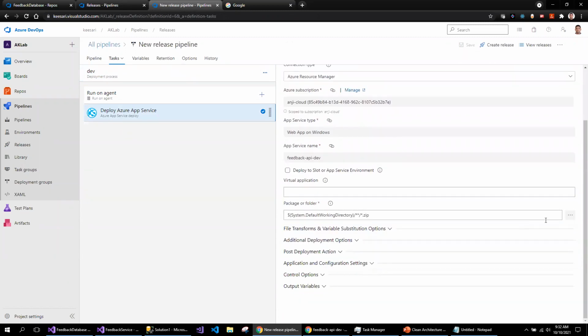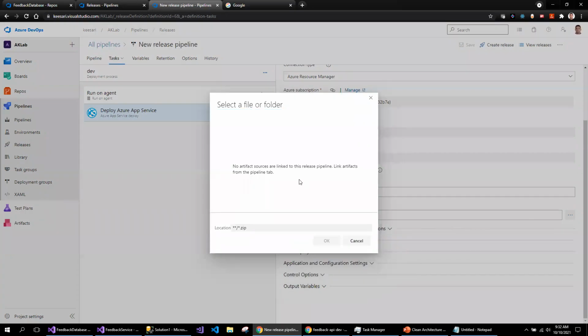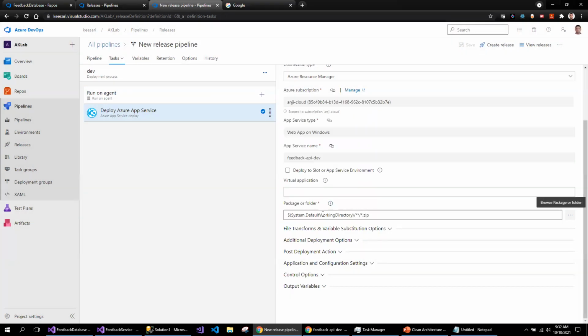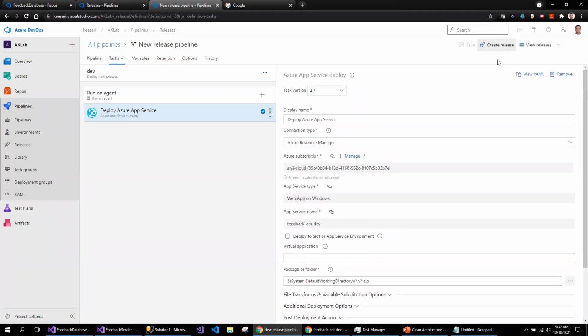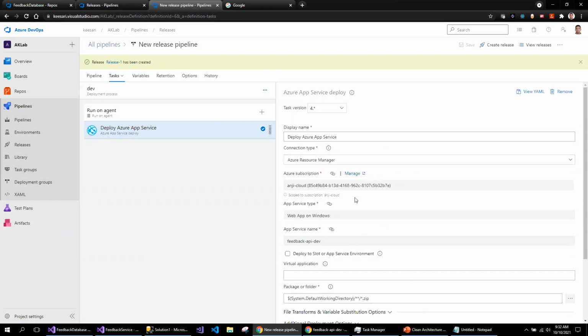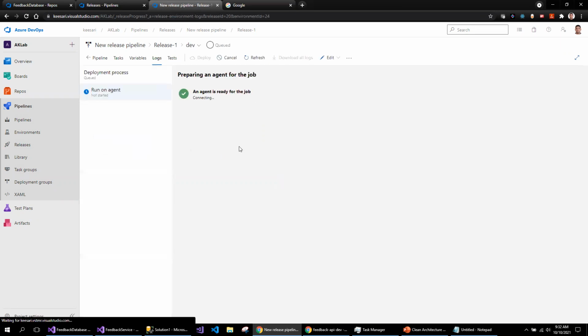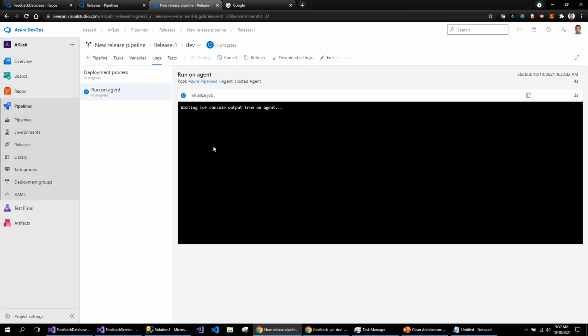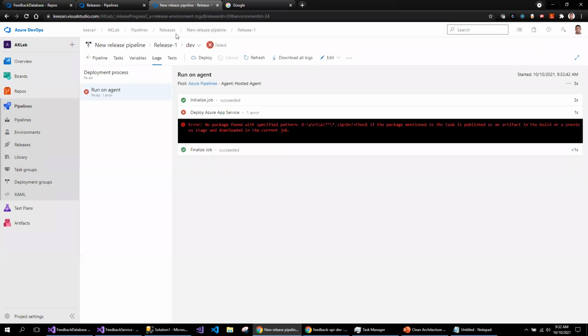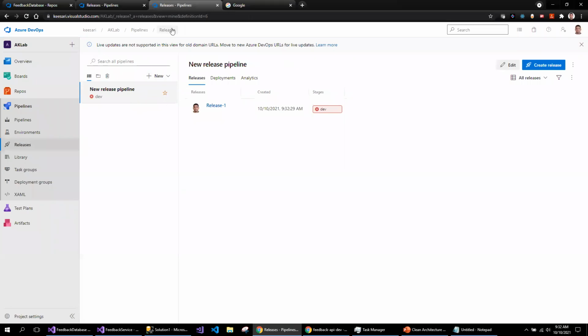I think I don't need to make any changes except the package location. This is not showing the package location. So let's build this. Let's create the new release and see if there are any issues to fix. By the way, I think I didn't connect the CI from CD, so this might not work. So let's see what it says. I'm sure this will not work because I didn't connect the CI from the pipeline.